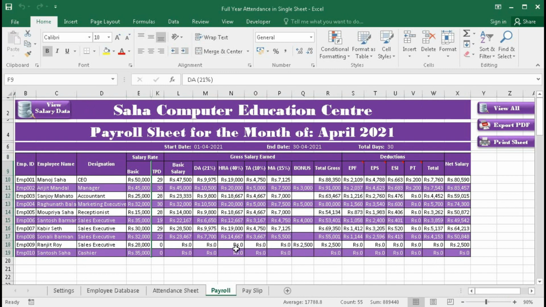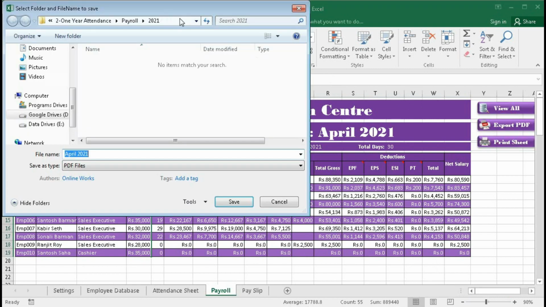Now, if I want to export this sheet, then I have to click export PDF. When I click export PDF, you can see the folder 2021 is automatically created and the file name is also automatically created by the name of the month and the year.